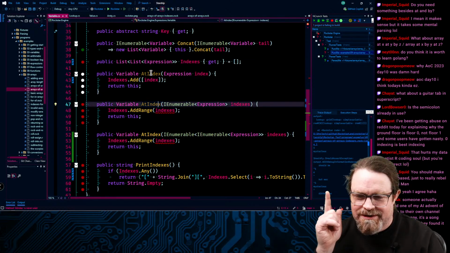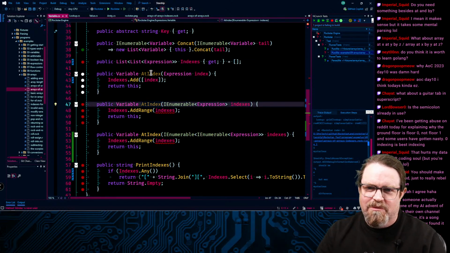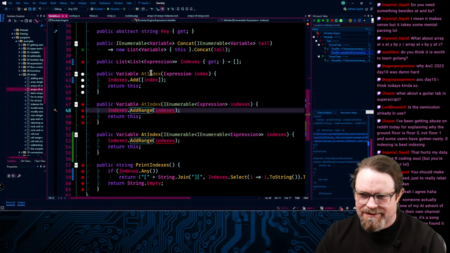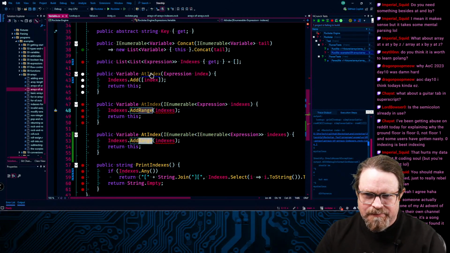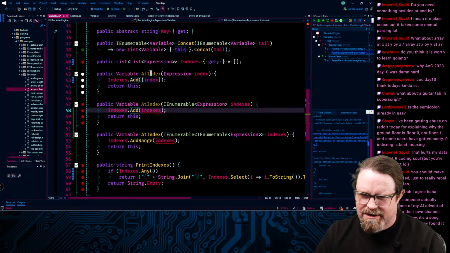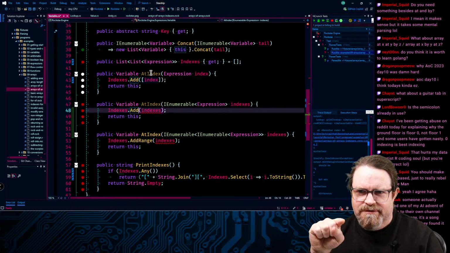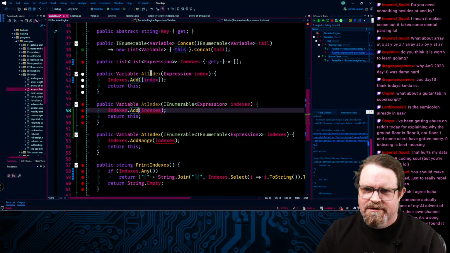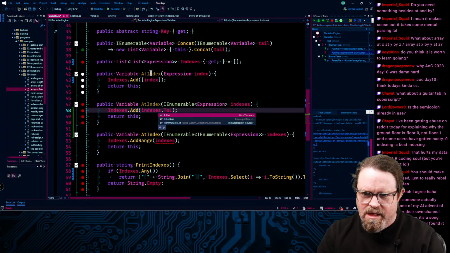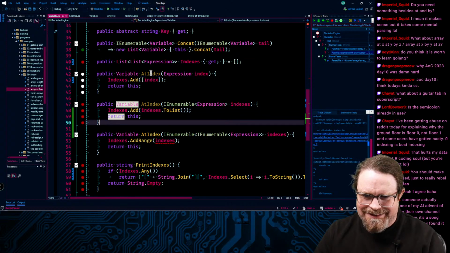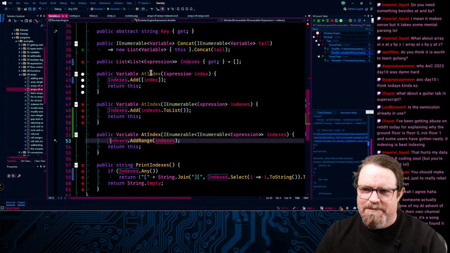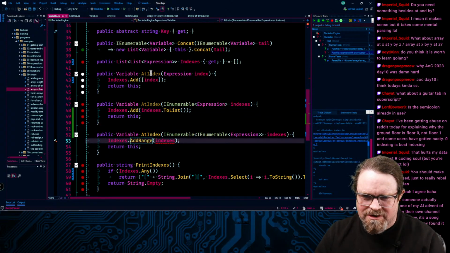So then if we pass in a list of those, what we want to do is that becomes indexes is a list of expressions. So if we pass in an IEnumerable expression, we can add that on to the list. But then if we pass in a one of those, we want to